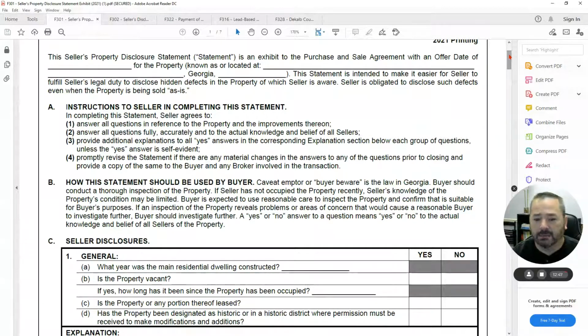So they called the seller. And the seller's like, no, we were always planning to take the refrigerator. We weren't going to leave the refrigerator with the house. That wasn't part of the deal. So our agent called the other agent and said, you know, the sellers never intended to leave the refrigerator. They were taking it the whole time. So they won't be bringing the refrigerator back. And the other agent said,